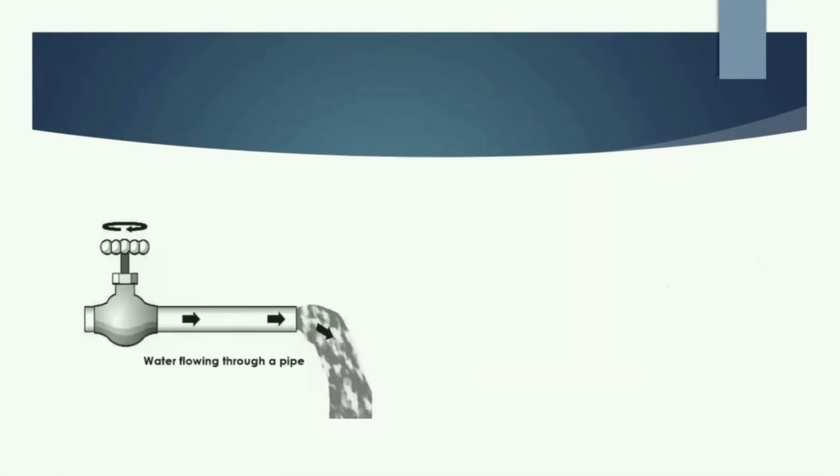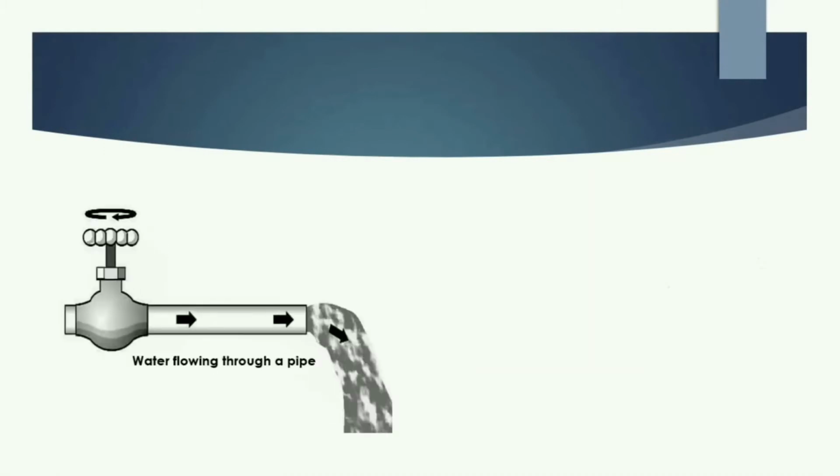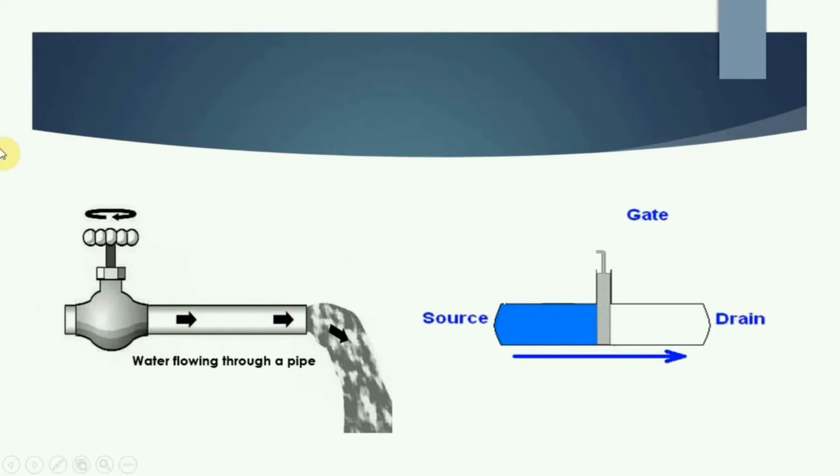Let's look at a water tap which you find at your home. As you can see here, the water is coming from this side and moving towards this side. The flow of water is being controlled by this knob. So if you rotate this knob clockwise, it will go down, causing more path blockage, which results in reduction in water flow, as you can notice from this GIF. And if you rotate it anti-clockwise, it will cause less path blockage, which results in increase in water flow.